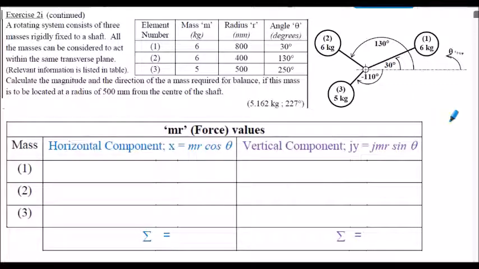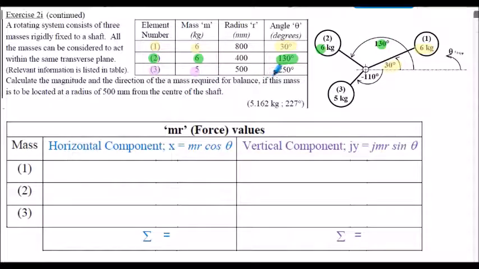It's always good to have a visual diagram. I'm just taking information from the question, and I put my masses at these particular angles. So element number 1, or mass number 1, is 6 kilograms, at a radius of 800 millimeters. That'd be 0.8 meters I would use, and that's at 30 degrees. So that's my 30 degrees, just drawing them on the diagram here. And then mass 2, it's 6 kilograms, at 130 degrees. So 6 kilograms at 130 degrees. And element number 3 is 5